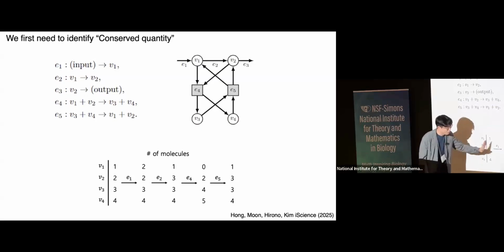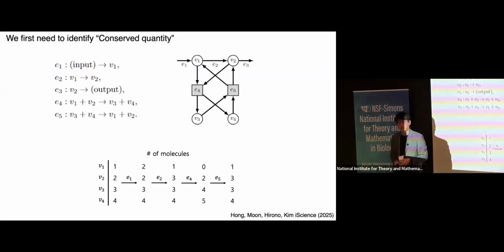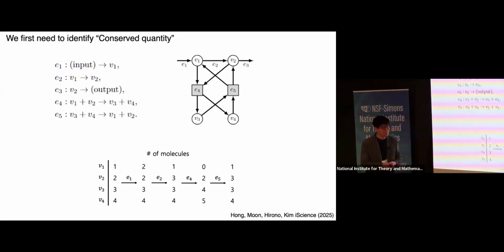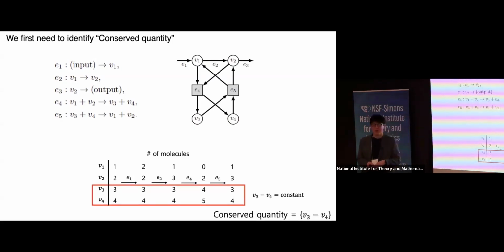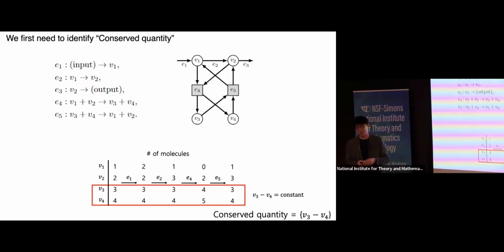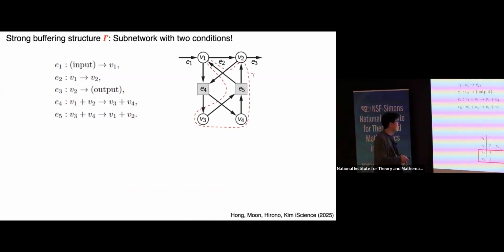Then across all these reactions, we need to find the conserved quantity. You can see that the conserved quantity is V3 minus V4. Whatever reaction happens, the difference between V3 and V4 never changes. So this is the first thing we need to know. And then second,